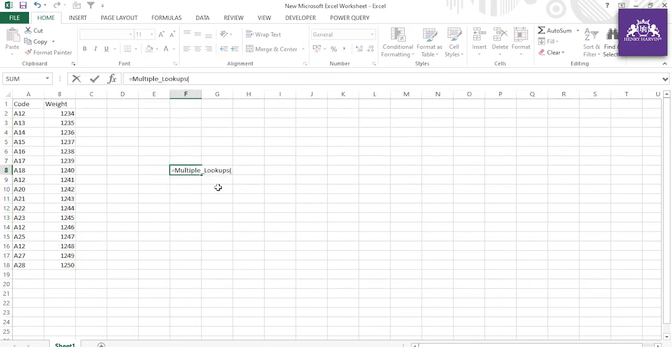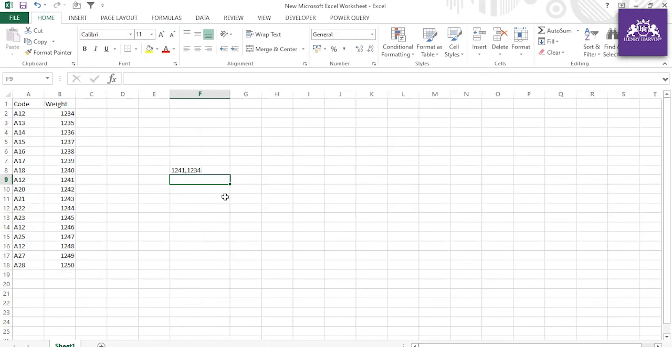Guys, you can see this formula will always be available in all Excel files. Now I'm searching for A12, this value, and where I'm searching, you can just put here, and then this is the result, guys. All right, is this the correct result, guys? A12 has this data. All right, this is correct. And now if you come here, A12 has this data, 1241.